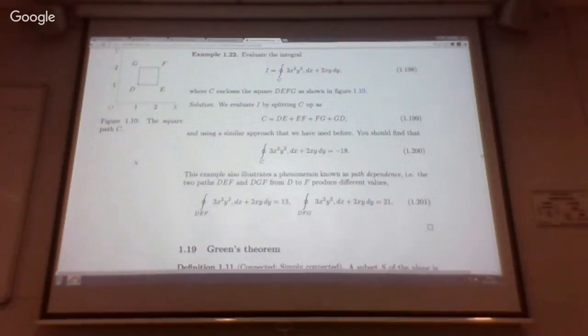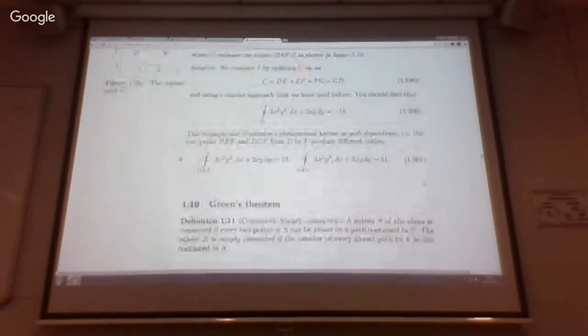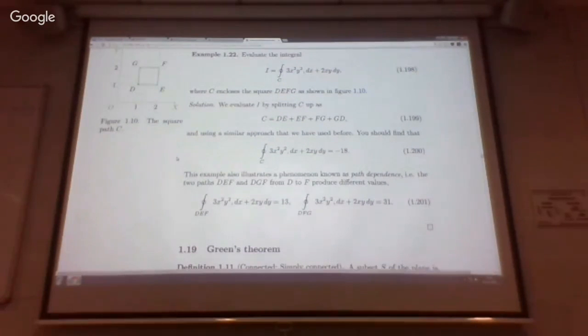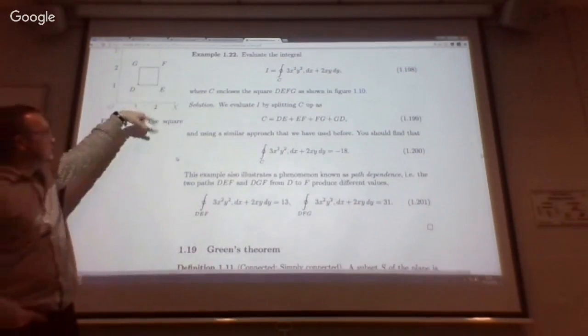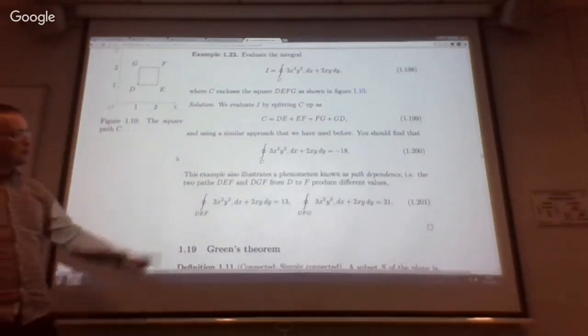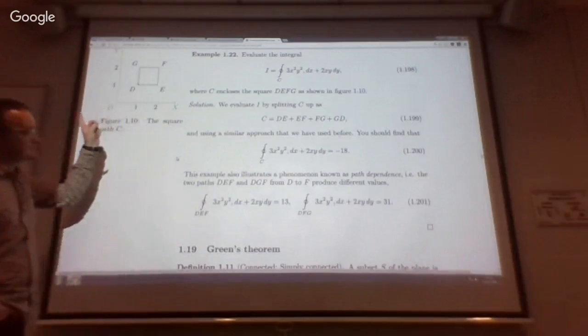This example also illustrates this phenomenon of path dependence. So when you do out these integrals, what you notice is that the 2 ways of getting from the bottom left corner to the top right corner, you can either go from D to F via E, so along the bottom and then up the right-hand side, or you can go from